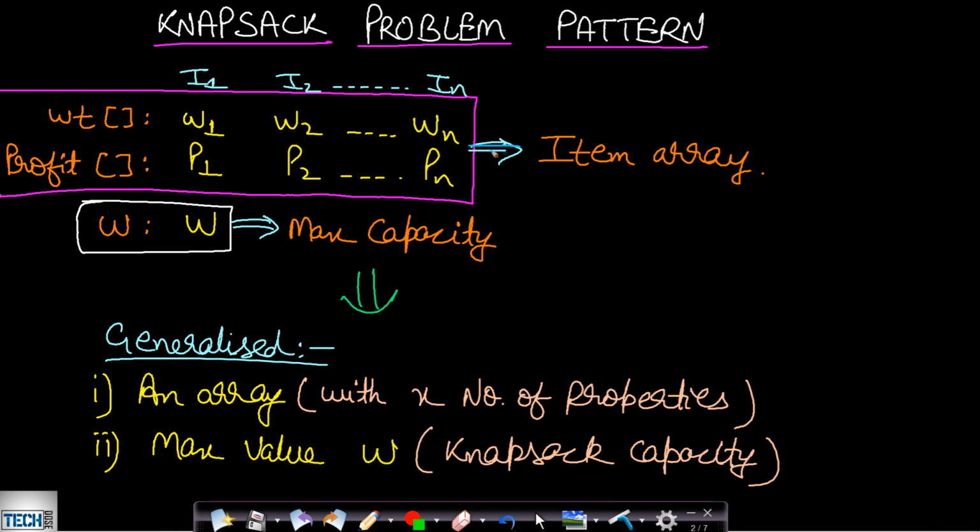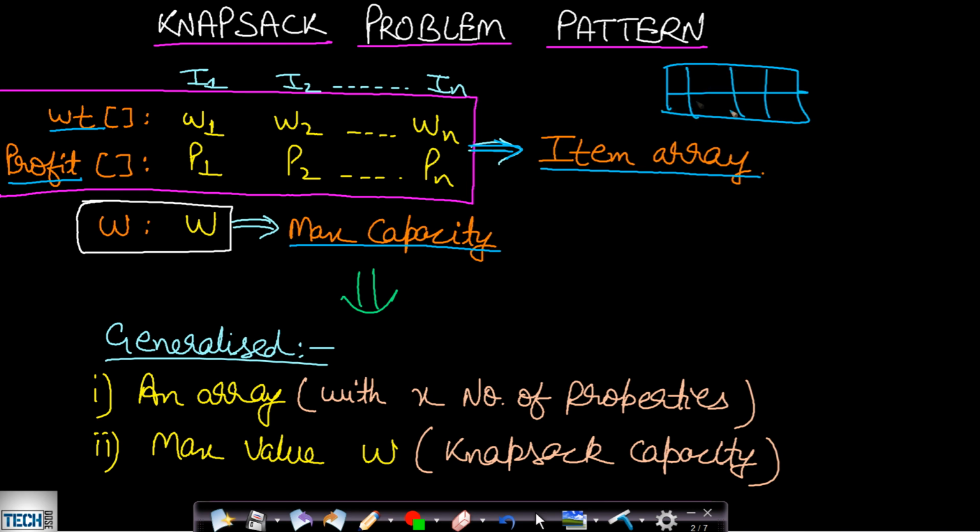In a given knapsack problem, as I had shown for the 0-1 knapsack, there was an item array as well as a given maximum capacity of the bag. In the items array, we were having basically two properties. One was the weight array and another one was the profits array. These two were different properties, and that is why they were given in different arrays. They could have been given in a 2D array where you would have just 2 rows and n columns. But this can also be separated and formed into two given arrays.